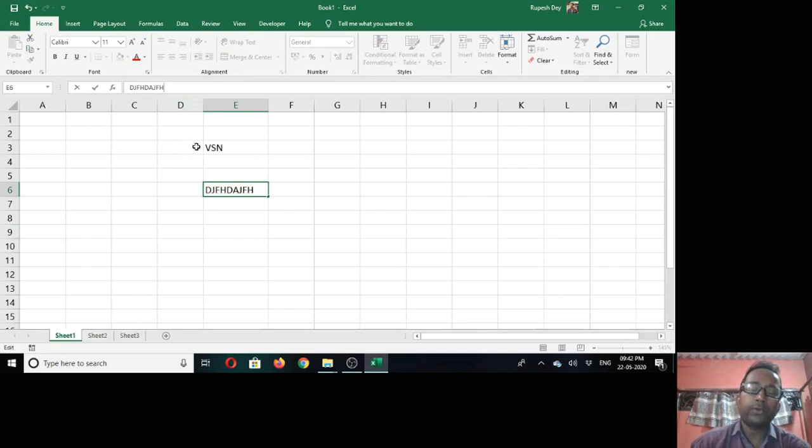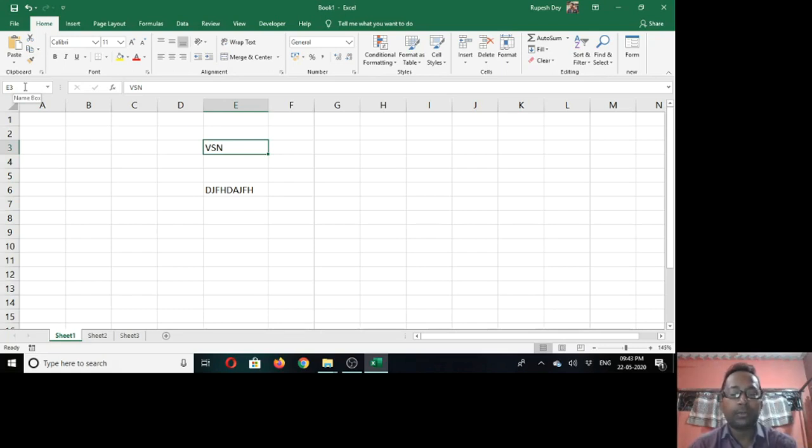And when you click on any cell, the cell's address will be displayed in this small box which is called name box. You just keep your mouse over this box. In tooltips, Excel will display the name of the box, which is name box. So name box displays the address of the active cell. The cell address is the column and the row in which the cell is present. Like this cell address is B2. Why? Because this is the intersection of B column and 2 row. So B2. And the first cell address is always A1.